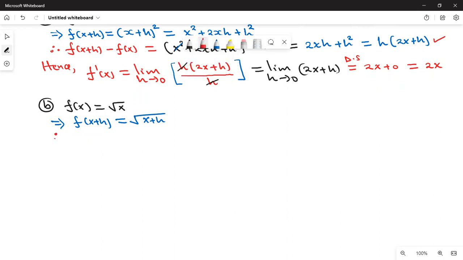So you can say therefore f of x plus h minus f of x is the same as the square root of x plus h minus the square root of x. So now let's go back to our first principle. So we can now say that, hence